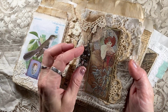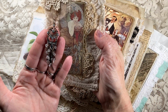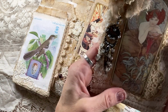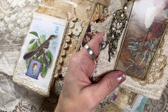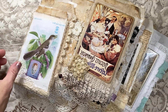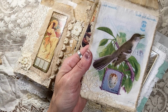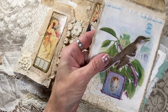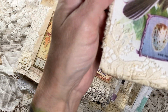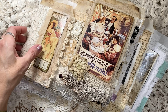They are created with vintage lace. This I bought, it was a leftover earring, and I got it at a sale. Isn't that adorable? I've got my light handy here so I can kind of show you. Isn't that beautiful? Then this is an actual piece of ephemera that I had in my stash, and I scanned it and then printed it on cotton and added a beautiful piece of vintage lace there, and it is backed on canvas